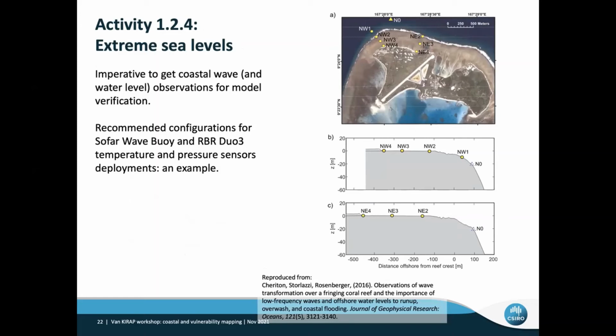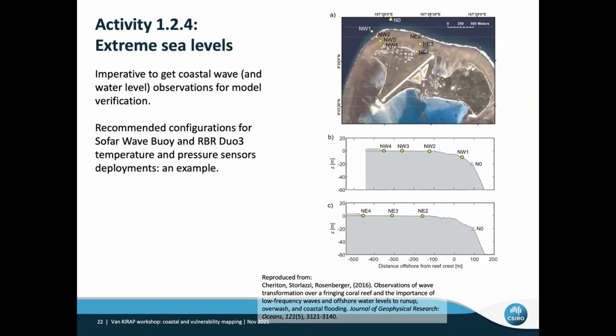So obviously I'm very excited that the Van-KIRAP project has bought 6 wave buoys and a number of pressure and temperature sensors that we can use, once they're deployed, to verify and calibrate our dynamical models. This figure on the right is from a study done in the Marshall Islands, which created some very good inundation models for the airport that you can see there. It's an example of deployment configurations for the SOFAR wave buoys and the RBR sensors, which some of us discussed yesterday,